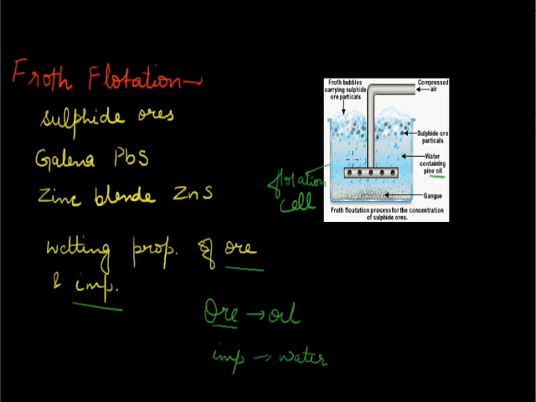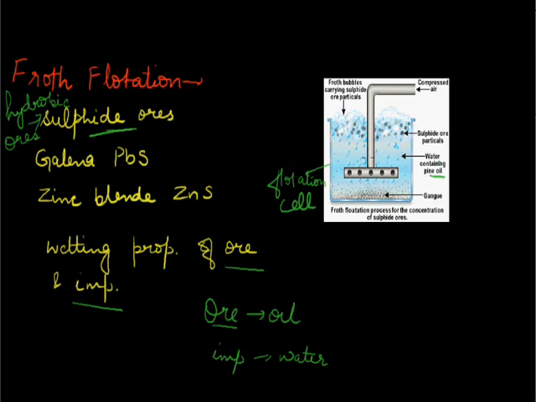Then in this mixture of water and oil, we are putting the ore that has to be concentrated, which is a sulfide ore. Now a question may arise, why only sulfide ores are taken here as an example? Because hydrophobicity of sulfide ores is maximum. Among all the different types of ores, these sulfide ores are most hydrophobic. That is, they are repelled by water to the maximum limit, and attracted towards oil.